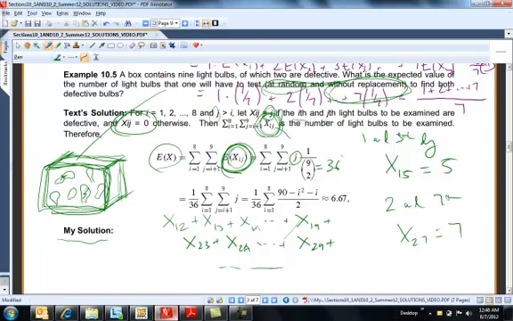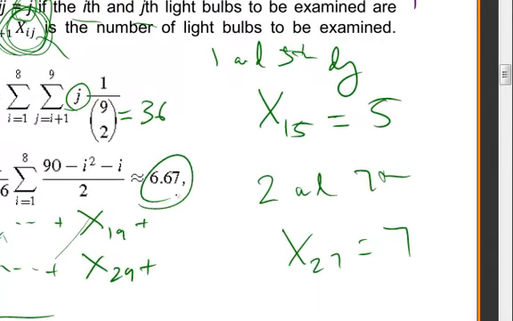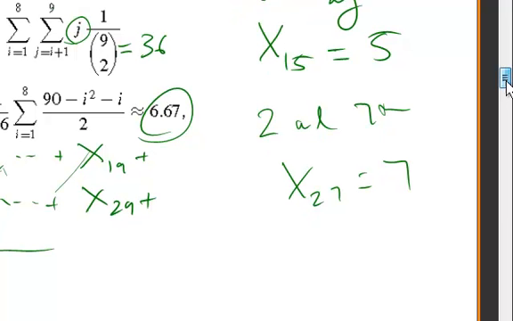And well, maybe it'll make more sense when I show you my solution. And so then you can pull this out. It's just a constant sum over your j's. There's a nice formula for this, right? Once you sum over your j's, this is going to come out to be about 6.67. So that was not intuitive to me, how they did that. I mean, yeah, 6.67 makes sense, but for the way I would do the problem,